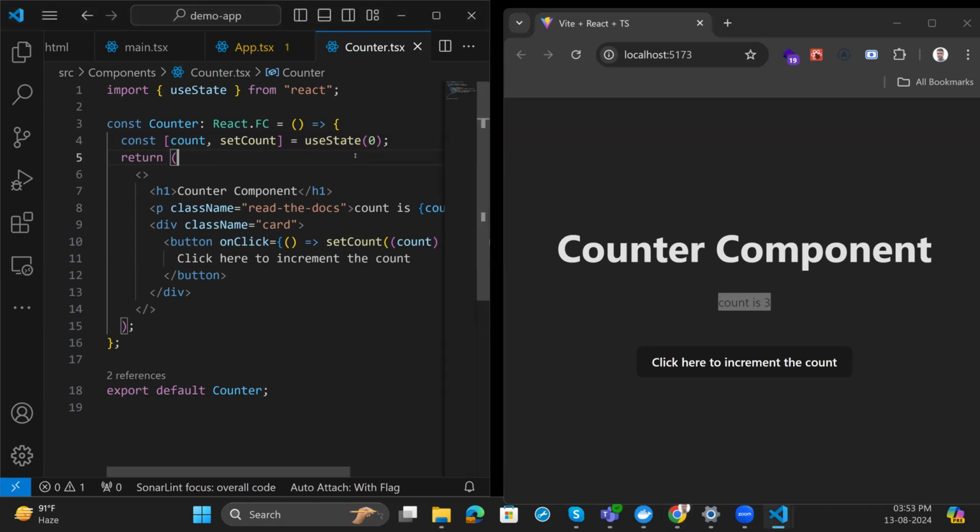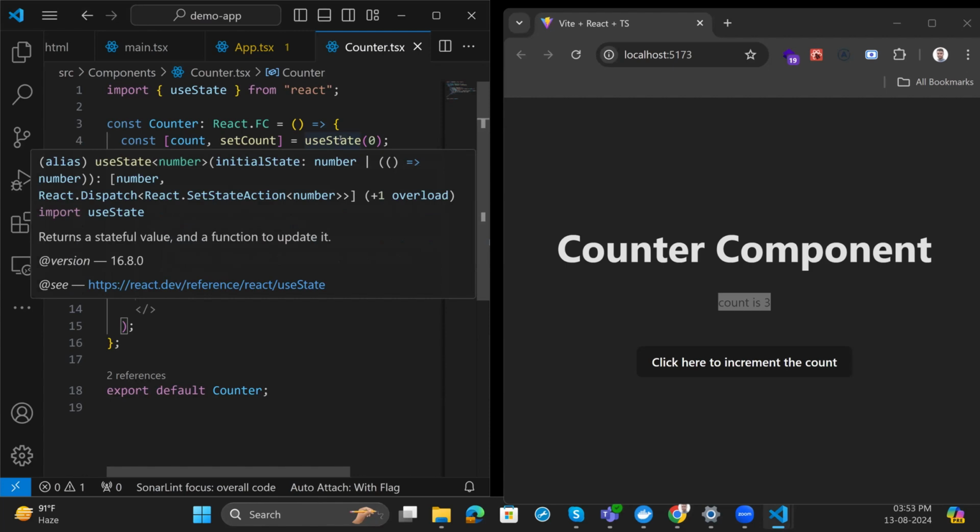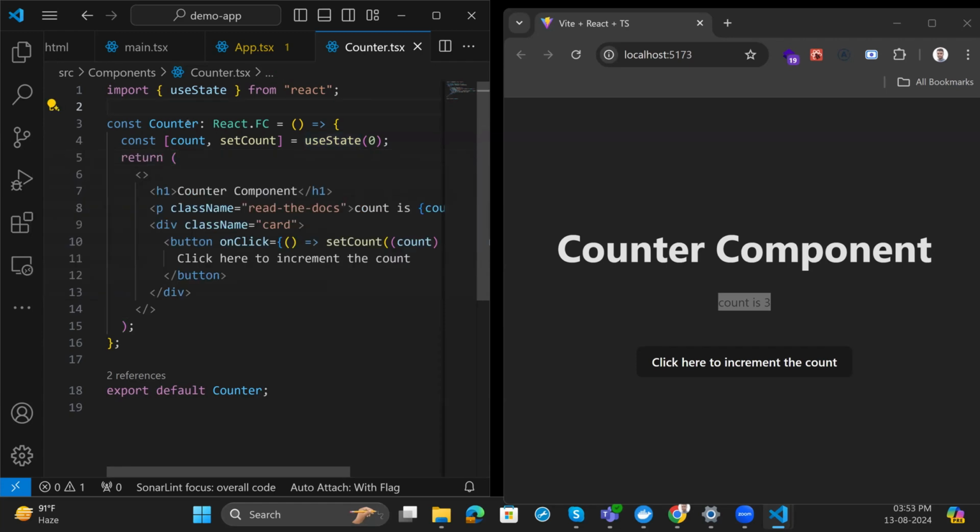So what is useState? useState is a special function. Whatever we define inside this component is re-evaluated again and again, meaning called again. Whatever you define inside this function will be, for example, if I'm setting the